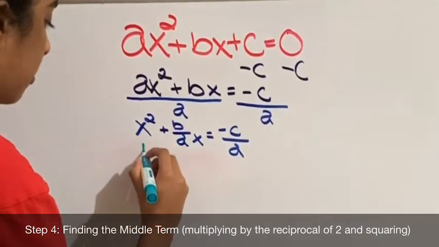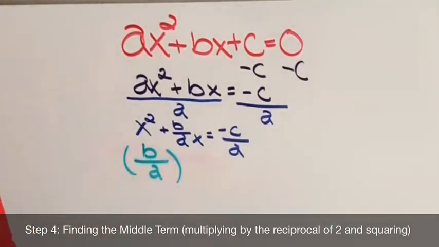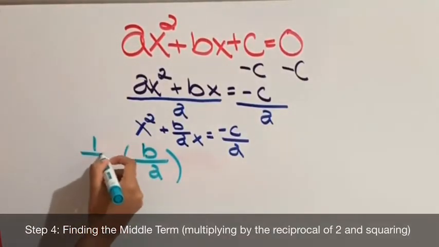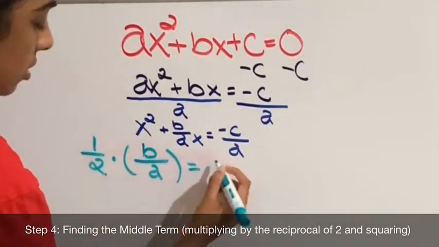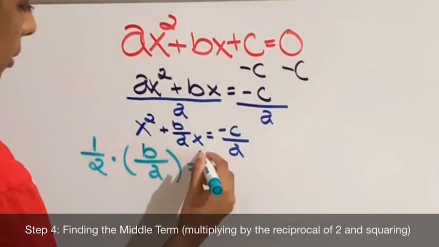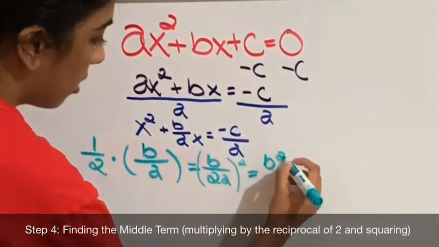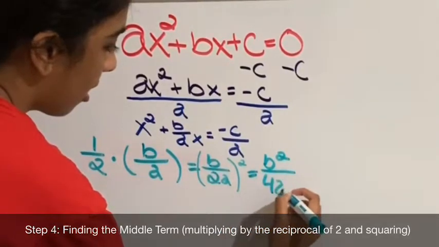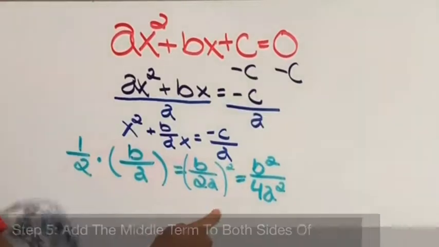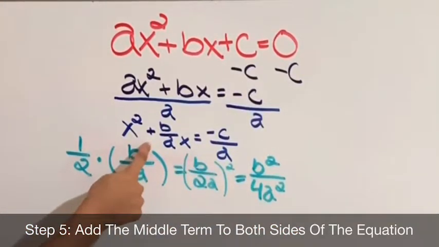So we're going to take b over a, and dividing by 2 is the same as multiplying by 1/2 because we're taking half of b over a. So multiply by 1/2 equals b over 2a. And then we're going to square it. This equals b squared over 4a squared. Look, we now have the value of b squared over 4a squared. We have found our middle term to put into the left side of this equation in order to make it